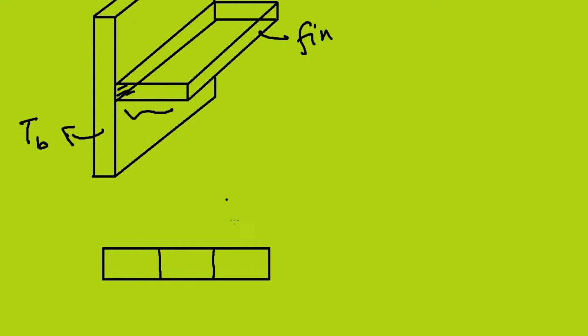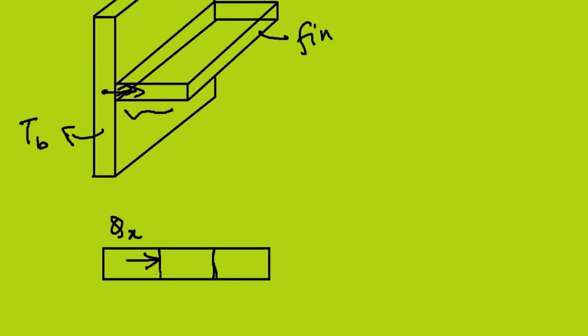Now first let's see what the heat transfer rates are. Due to this temperature TB, there will be conduction of heat from the base of the wall towards the fin. Let's name this Qx. What is Qx? Qx is the heat transfer rate from the base of this wall towards the fin due to conduction. I hope it is clear now.